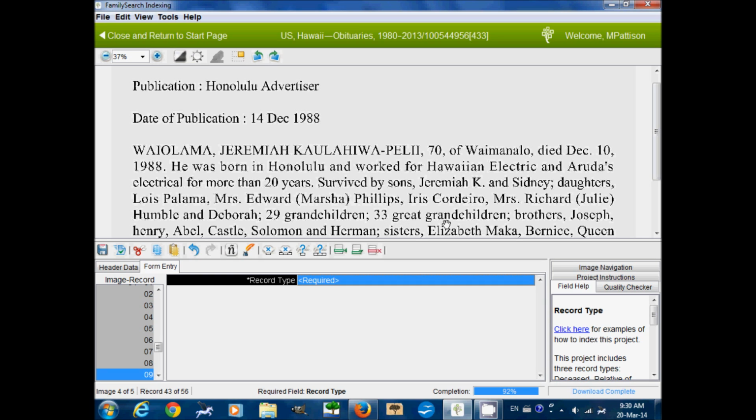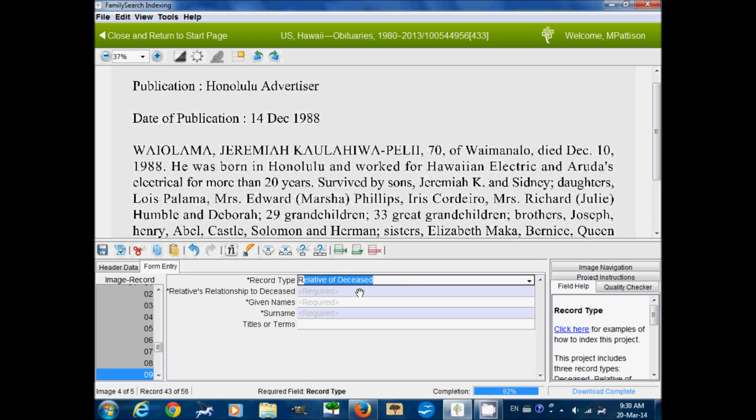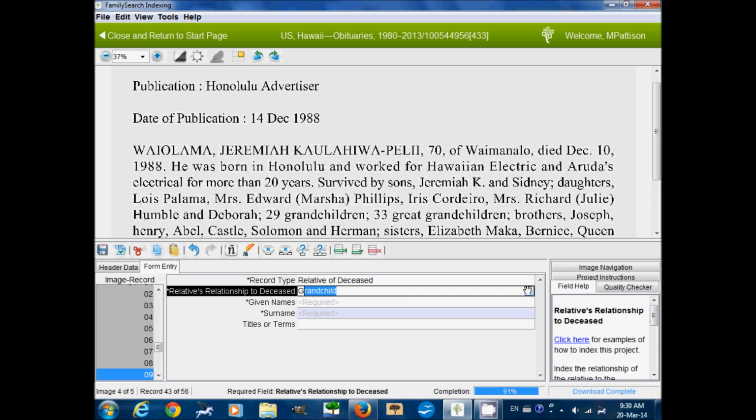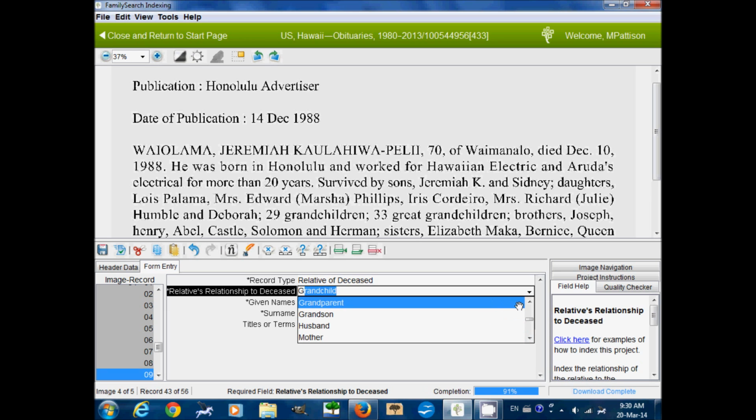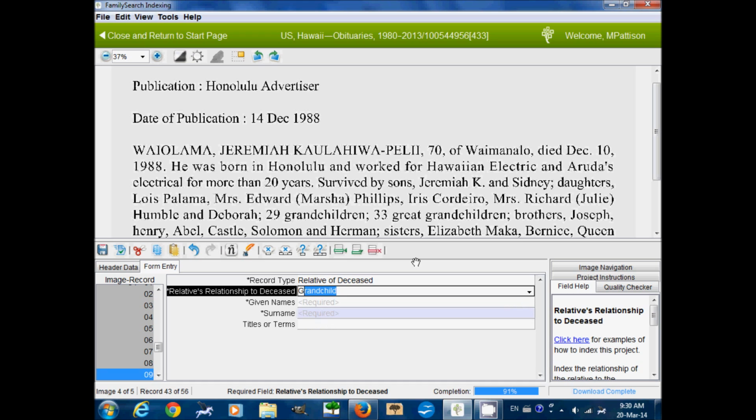By the way, though, if it had said the names, the grandchildren, just to show you, when you go to grandchild, if we look at the list, there's nothing for great-grandchild. It's all just grandchild, granddaughter. And likewise, there's nothing for great-grandparents either. So those just get indexed as grandchildren, if there were a name. There's none here, so we won't put anything for that. In fact, we'll go on to the brother,